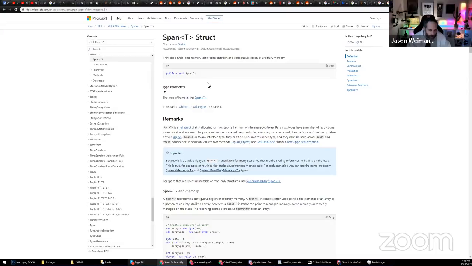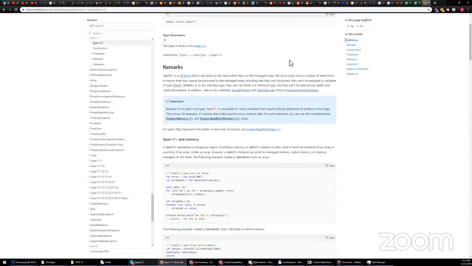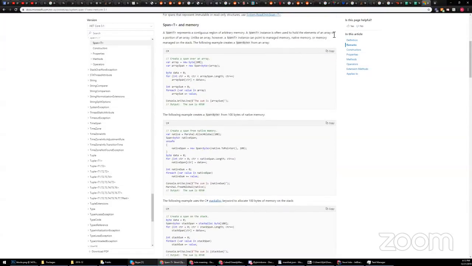Right. And the biggest benefit there is not having to do those memory copies and not having to worry about garbage collection as well, right? Exactly. Yeah. Which is a big thing on the